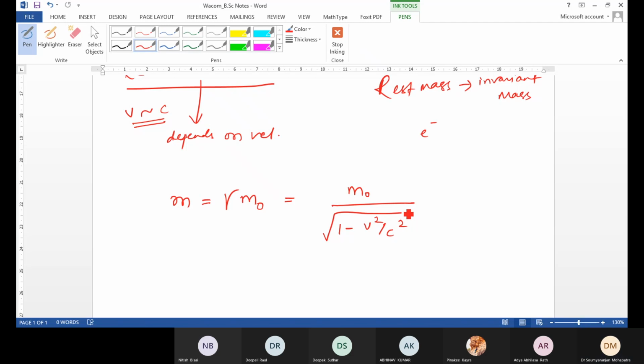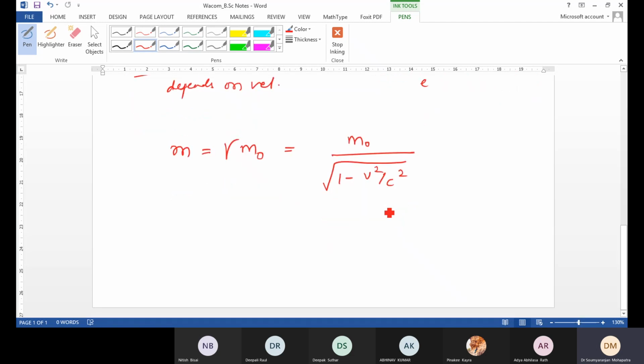Understood? Let's say in a frame of reference, two masses are there and they are moving towards each other. Let's say one mass is m1, other mass is m2. Now, if they are moving towards each other with a relativistic term, then I can say for the independent masses,